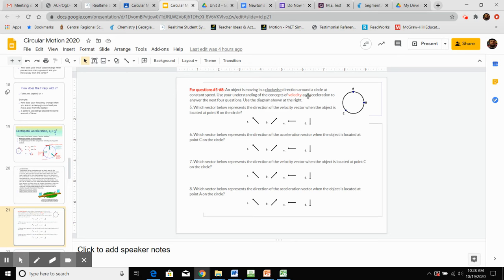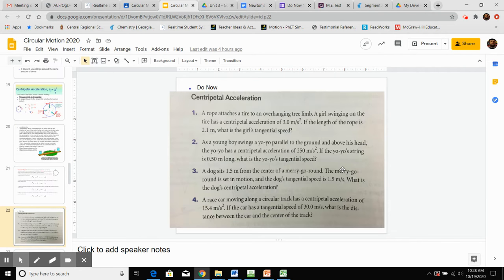Okay, they want you to figure out the concepts here of velocity and acceleration. So what vector would represent the velocity when the object is located at point B? So if we're here and the object is going clockwise, right? So 12, 1, 2, 3, 4, 5, 6, 7. So it's going to be tangent at any given point. So if it's rotating clockwise at point B, it should be straight down, letter D. And the acceleration vector is always going to be pointed inward. So however the arrows are going to be is going to go along with whatever points they're at. Velocity is going to be tangent, acceleration pointing inward.